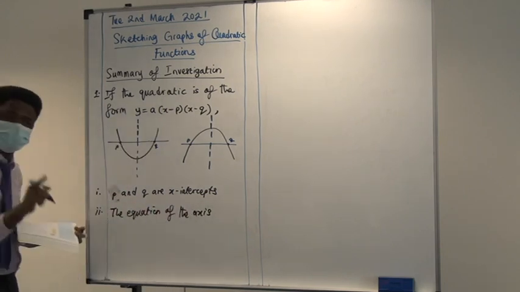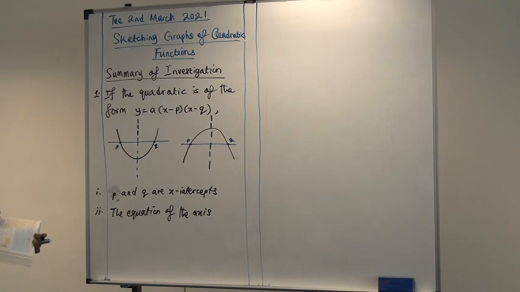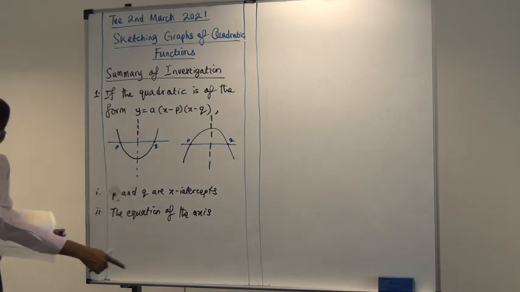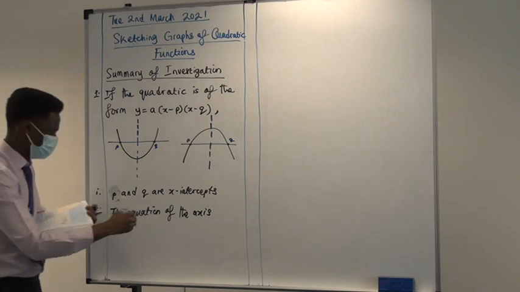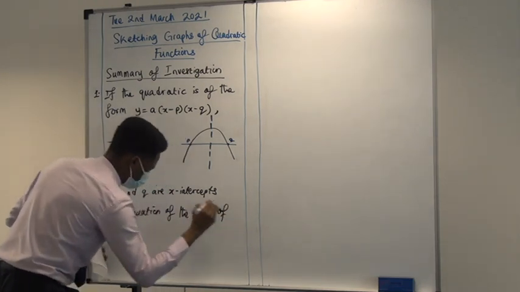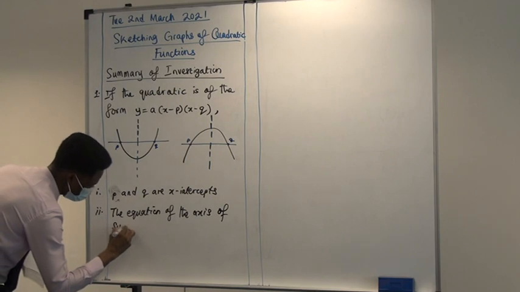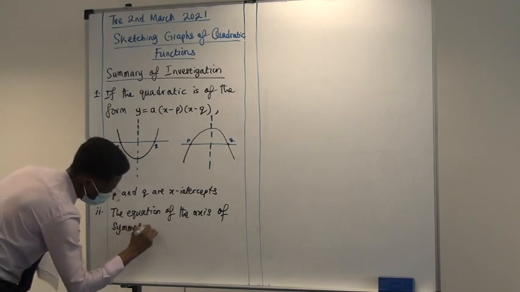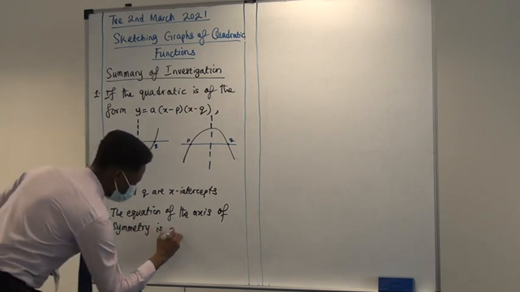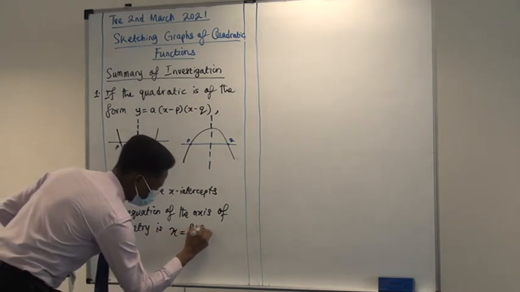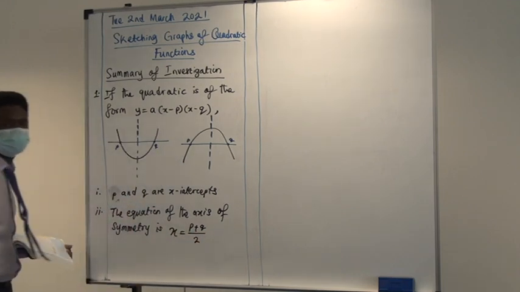You see, the axis of symmetry is a line. That's why I said the equation of the axis of symmetry. So it's like saying the equation of the line. Is it going to be in X form or Y form? X form. So it's going to be X is equal to